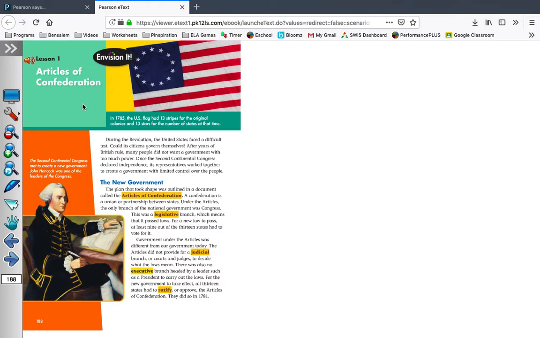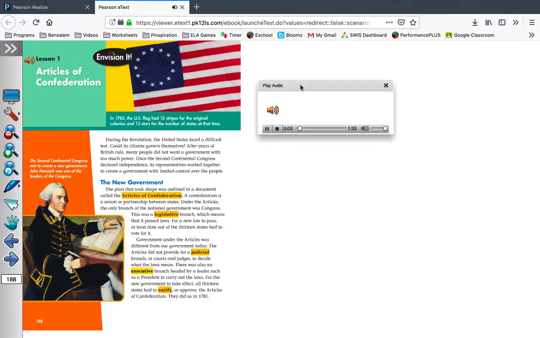And if you take a look here, we have the U.S. flag from 1785. It had 13 stripes for the original colonies and 13 stars for the number of states at that time. Lesson 1. Articles of Confederation. In 1785, the U.S. flag had 13 stripes for the original colonies and 13 stars for the number of states